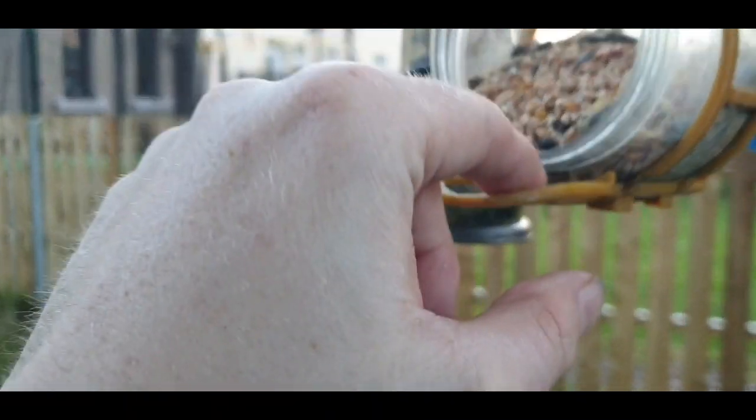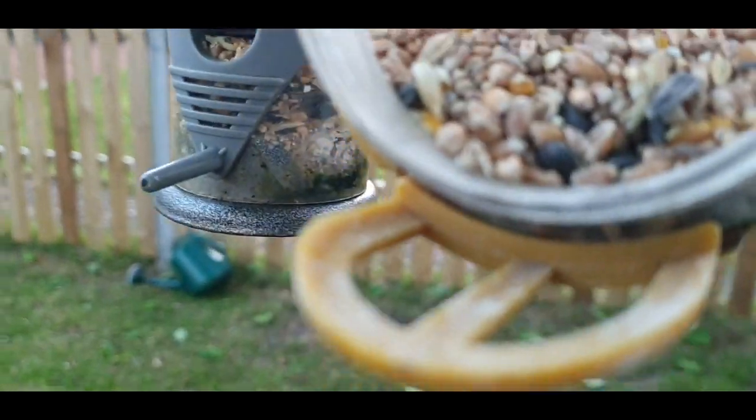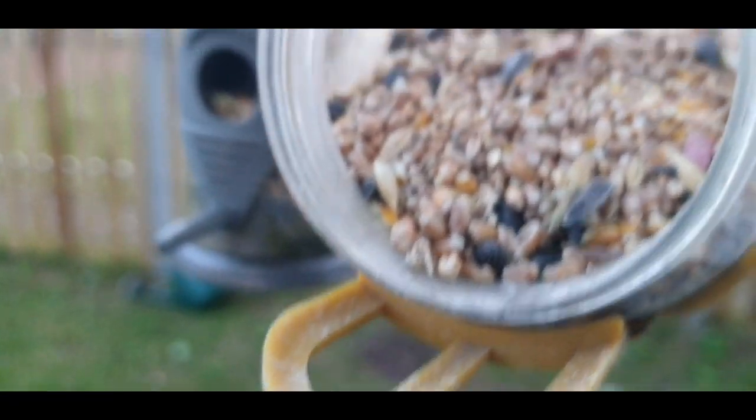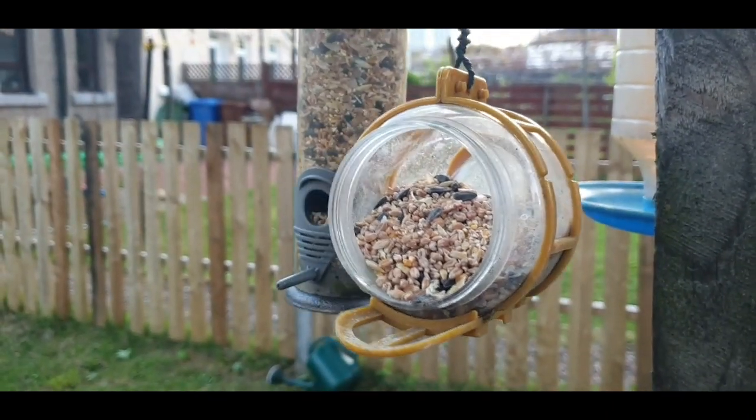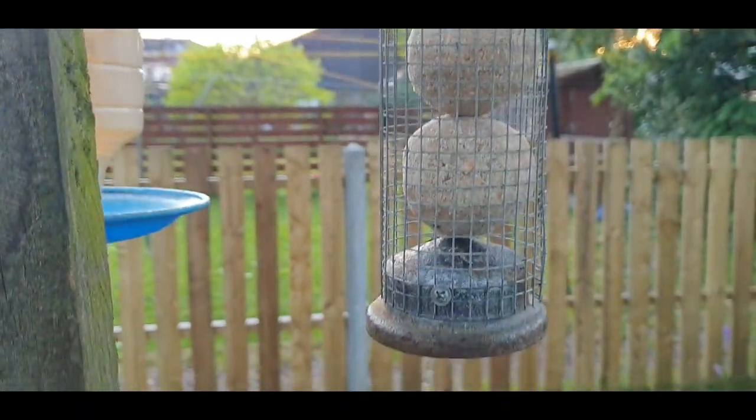So the birds come and perch on there, and they feed from there. Now it was full of fat, all suet and stuff, a couple of years ago, but we kept it and we're now using it as a seed station. We've got another fat ball station there,